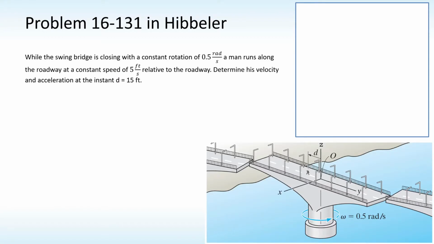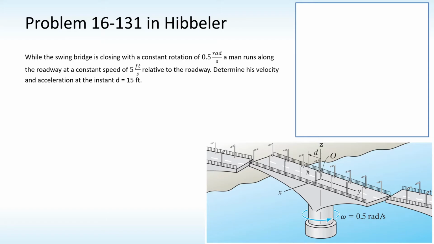So let's do an example. The bridge is rotating with a constant angular speed while a man runs along the road. We're asked to find his velocity and acceleration when he's 15 feet from the center of the bridge. If you do this by the book, then you will see that there are already x, y, and z coordinates drawn in the bridge. What you don't see is another coordinate system, capital X, Y, and Z, fixed in the